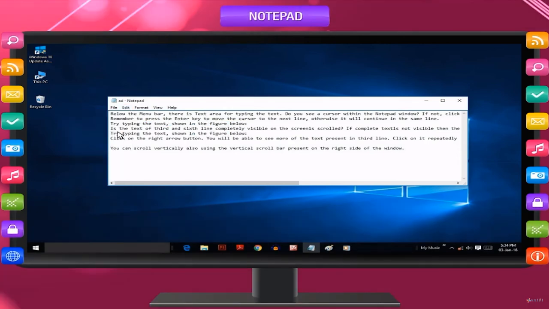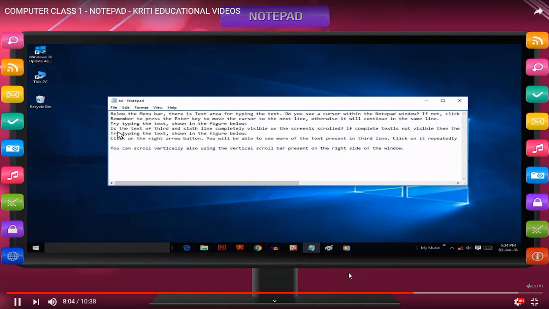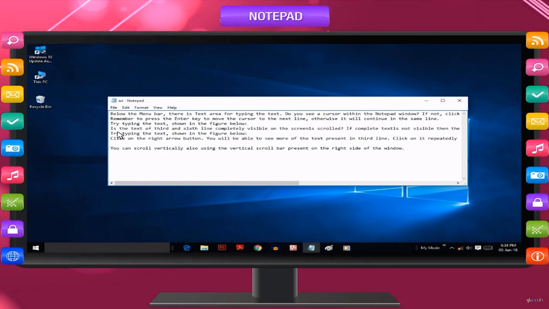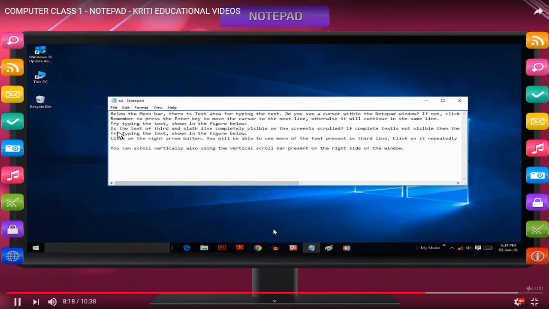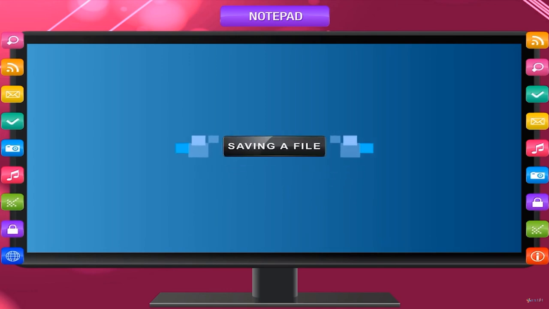The copied text will be pasted at the location you placed the cursor. Note that the text remains at its previous place also. You have copied the text, not deleted. The Cut option is similar to the Copy option except that the text gets deleted from its previous place.